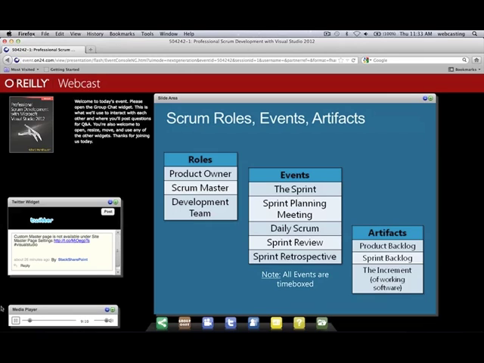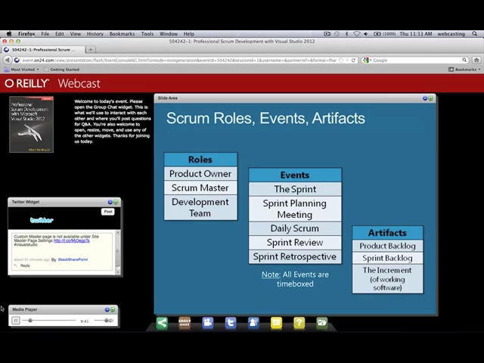The events themselves, there's an outer container called the sprint, and that's anywhere from a week up to 4 weeks in length. I've actually heard of teams working in shorter than 1 week increments, which takes quite a bit of knowledge, and it allows them actually to make decisions very quickly. If their business requires them to make decisions that fast, every 3 days, for example, they might be doing something completely different, then a shorter sprint can really help them.